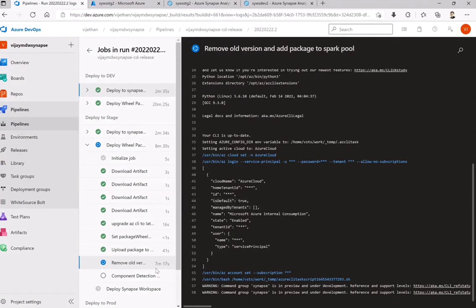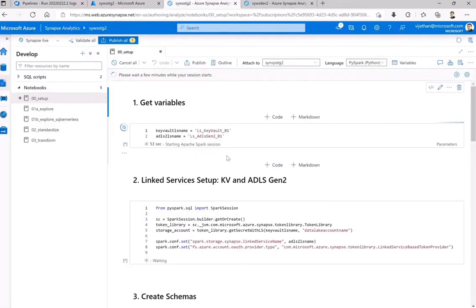This will still take some time, I believe 10 minutes more for us to proceed towards the Snaps workspace deployment for staging. In the meanwhile, let's look at the deployment of the notebook.